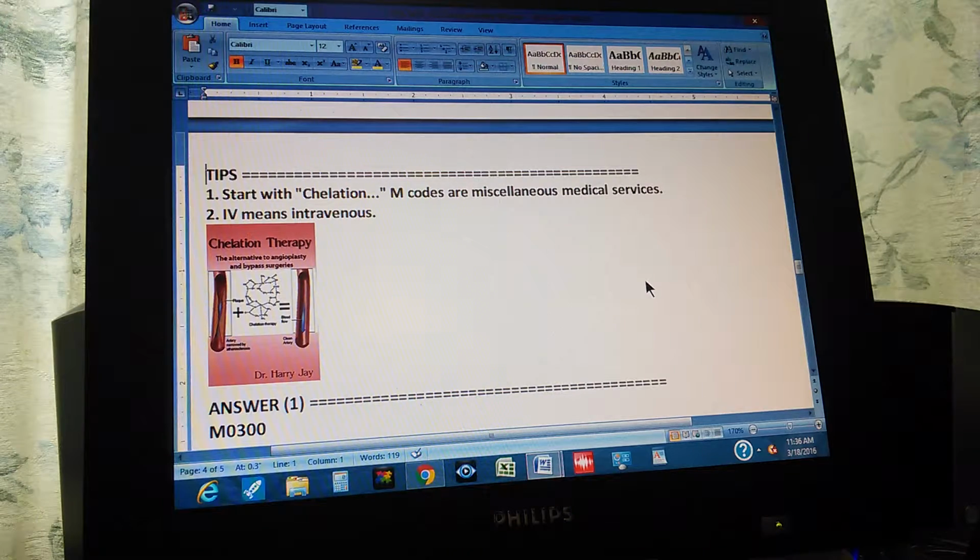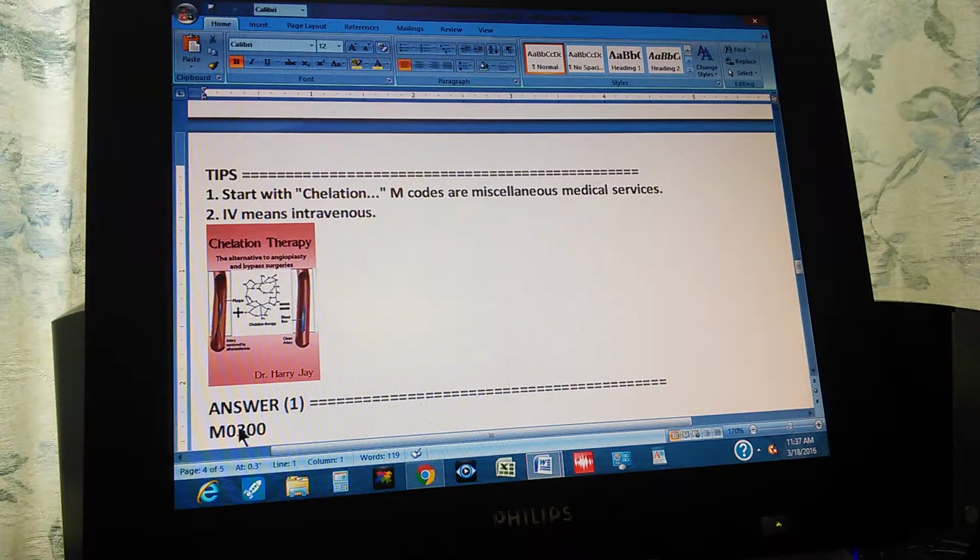Tip number 2 is that IV means intravenous. There's a little picture there to explain a little bit of what chelation therapy is. And remember that the answer is